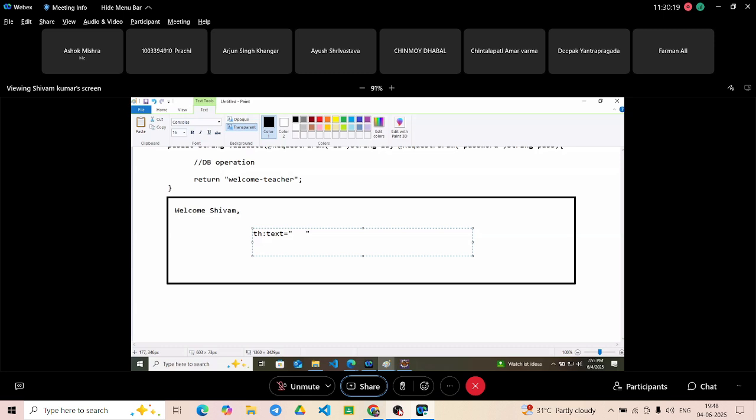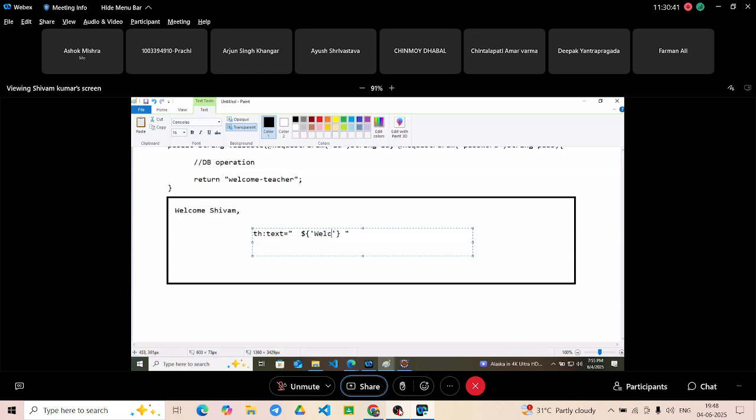Then a dollar and curly brackets. Now inside this, if you want to write a static value, just keep single quotes. Don't keep double quotes, because then it will take the ending of these two double quotes. So write single quotes,